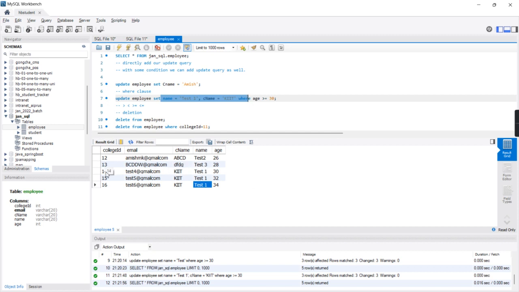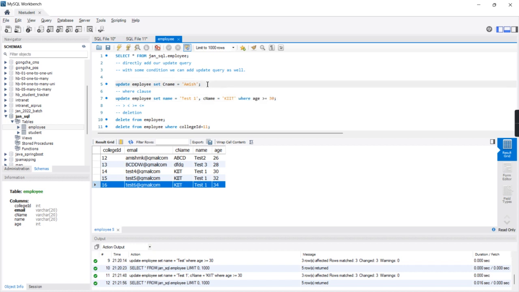We have updated college id 14, 15, 16 as well, so the third row, fourth row and fifth row in a single query. So this is the use of the where clause. If you want to update the whole row, you have to use it without any condition; without a condition, you don't have to add any where clause. If you want to update values for some condition, like here the condition age is greater than or equal to 30, or if you want to update any particular row,